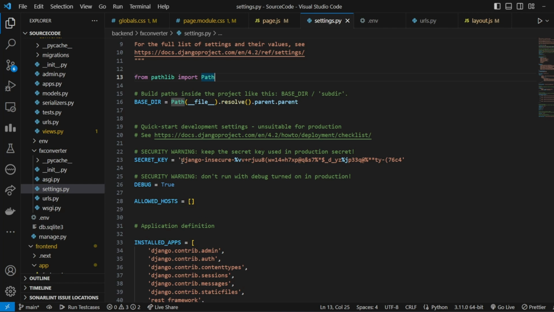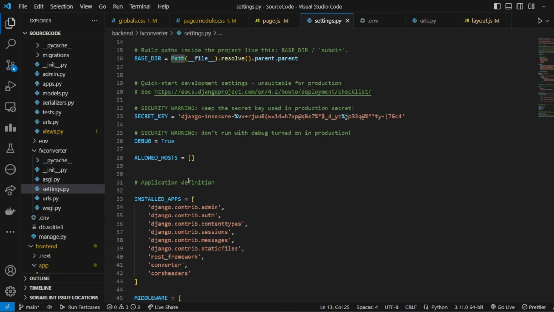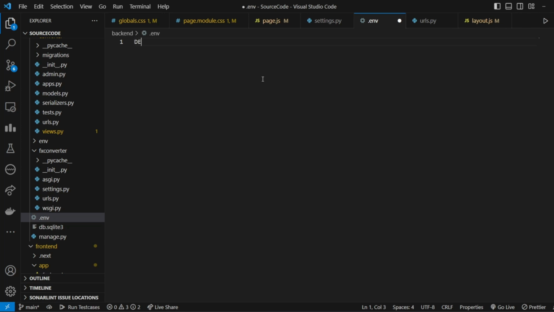It is mainly so that secrets can be stored inside the env file, and you can ignore it using .gitignore. So that is way more secure. And the debug should be false by default, and in development it can be turned on. So first, let's keep debug equal to true here,